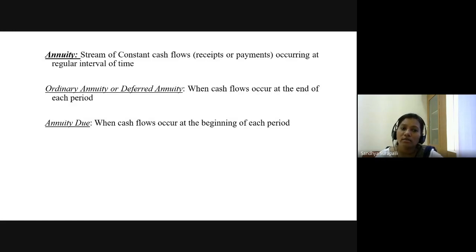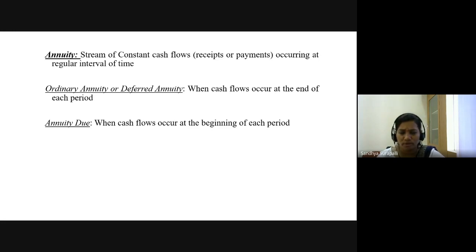Now you have another category of cash flows where you have regular cash flows. That is, regularly you invest. Just I gave example of a recurring deposit where every year you deposit some amount, or you pay insurance also. Every year you pay premium, right? Or you have pensions. Your grandparents may be receiving pension. So every month they will be receiving same amount of pension. So regular inflows and outflows will be there, right? They are known as stream of cash flows.